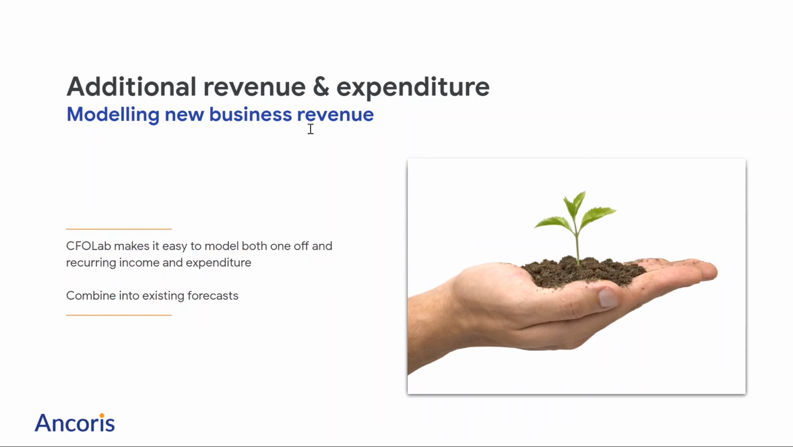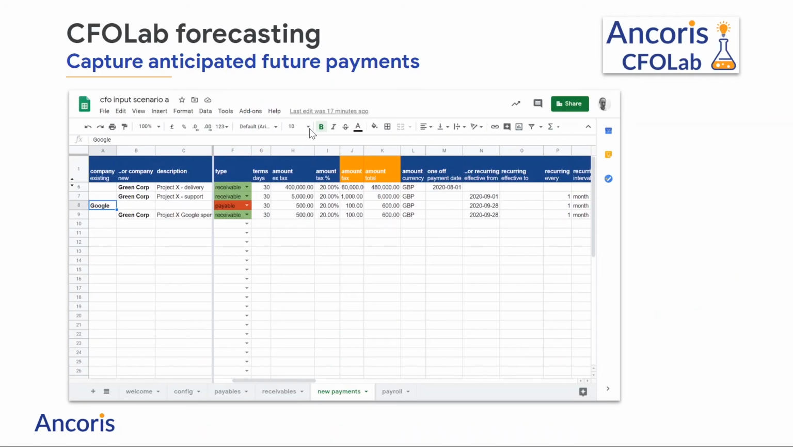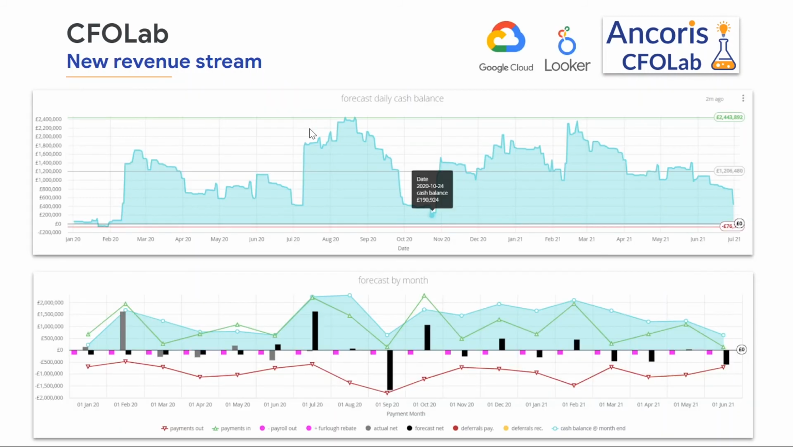Let's explore that now. New income and expenditure is entered in the New Payments tab. Here, we enter a new business project that's expected to land in August, with various payment components. We have a one-off project income of 400k in August, a monthly income of 5k, and a monthly expenditure for services of £500. We can see our new revenue stream has rescued our cash balance in October, a healthy